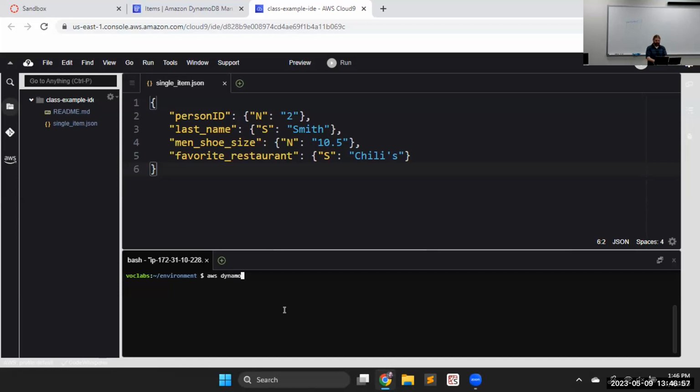And we're doing stuff with our resource, which is going to be dynamodb. And the command is we want to put an item in the database. And a few parameters we need. So the first thing we need is we have to know what table we're putting it in. So --table-name is our parameter, and